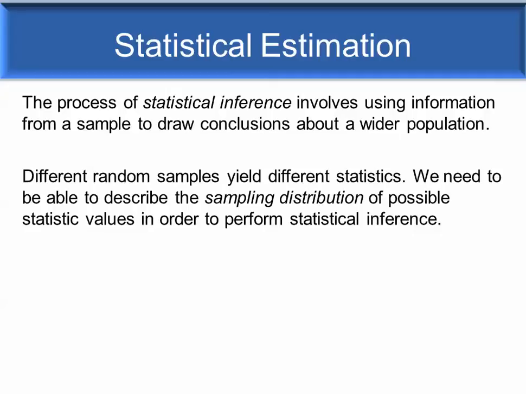Again, looking at our 10,000 people, if I choose 100 people and measure their heights and calculate the mean, and then I choose a different 100 people and calculate their heights and calculate the mean, those two means are probably going to be a little bit different. The means of every possible 100 people in that group are not always going to be exactly the same. However, we can actually